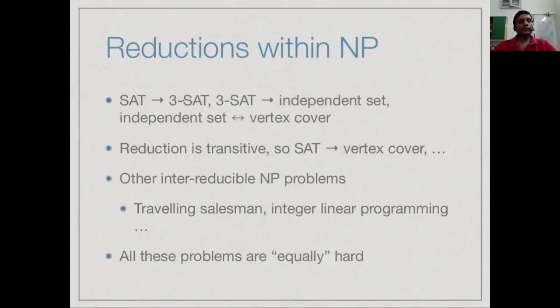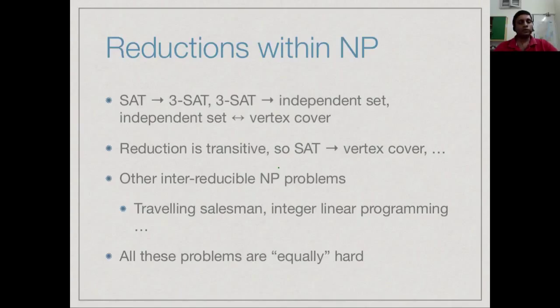So we have shown that SAT reduces to 3 SAT. 3 SAT reduces to independent set. Independent set and vertex cover are mutually reducible. Therefore, for instance, because I can now compose these reductions, SAT now reduces to vertex cover. Okay? And you can find in the literature such reductions for various other problems like traveling salesman, integer linear programming, and so on. Now, in all these, it's important to remember that we are looking in this context of reductions where the